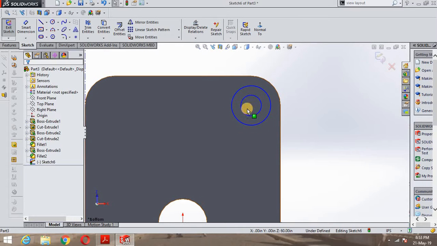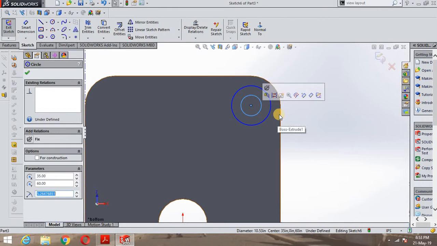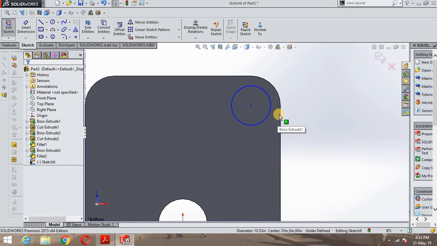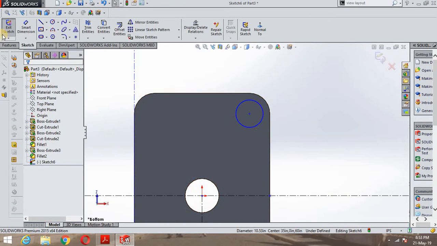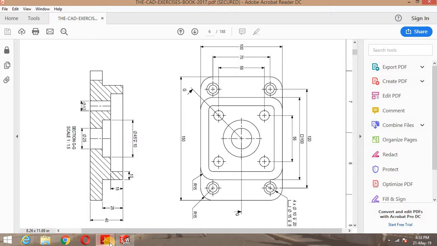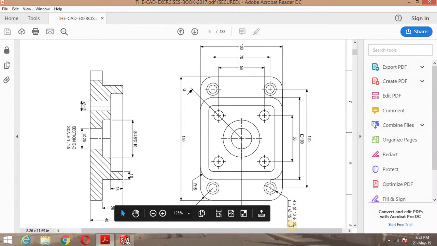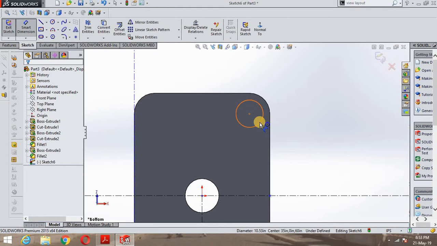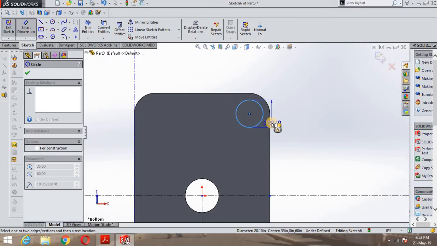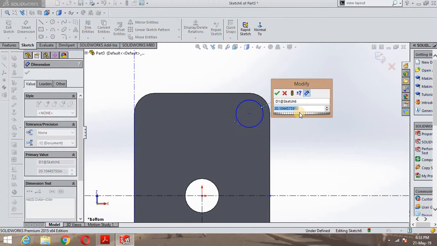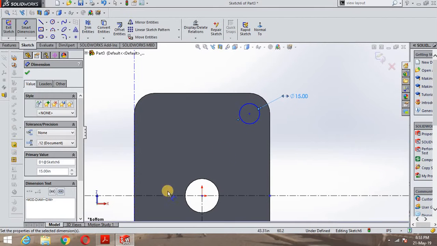So two circles are there. I'm going to delete one circle. One circle has been deleted because there is no point in keeping both. Okay, I'll give this a dimension. One is 10 and one is 15, so I'll give this one as 15. Okay,